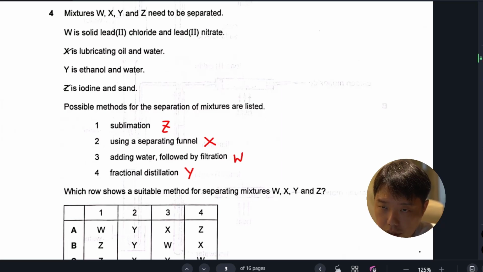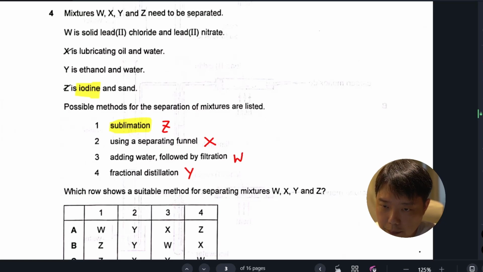So I've gone ahead to actually label them. For sublimation, it is very obvious that iodine is the one that you can get to vaporize immediately, and what's left will be your sand. Okay, using a separating funnel is to separate two immiscible liquids, which will be your lubricating oil and water. And then when you add water followed by filtration, that will help you to separate insoluble lead-2 chloride from soluble